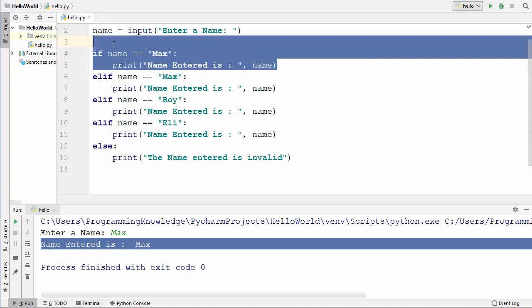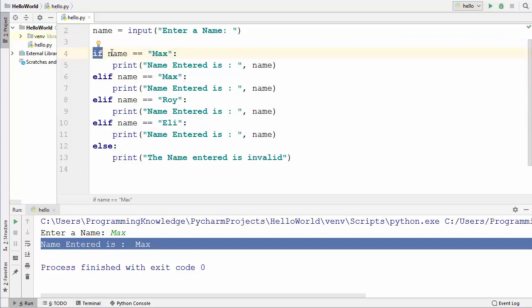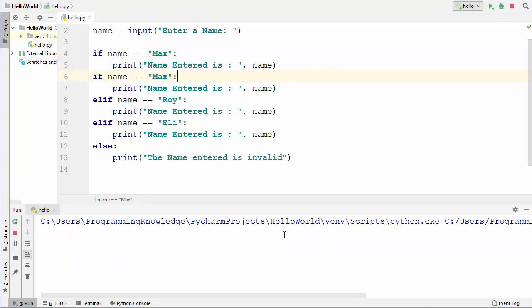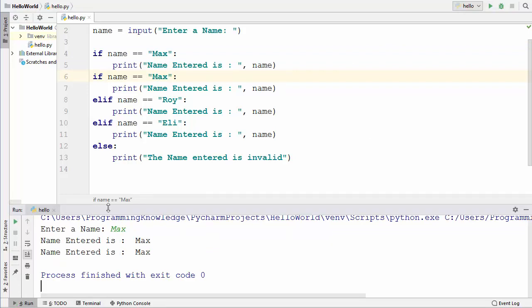So you need to write an if statement and check the condition first, and only then will you be able to write the elif condition. Now it's possible to use multiple if conditions, and then this elif will become part of this if condition, and this will be a separate if condition. So when I run the code once again and write Max here, it's going to print two statements,